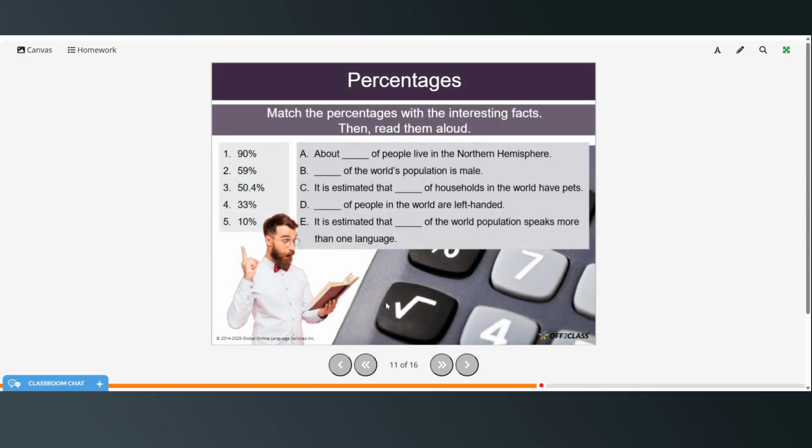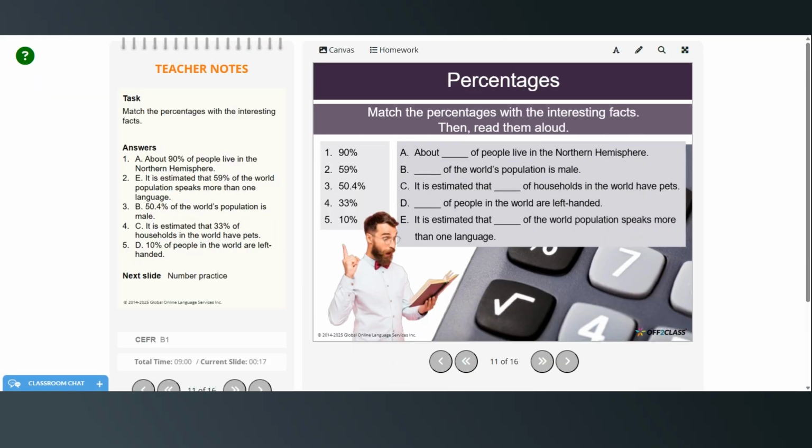All right, now try to match the percentages with the interesting facts. Try these on your own and then restart when you're ready to check your answers. All right, so the first one is about 90% of people live in the northern hemisphere. About 59% of the world's population,